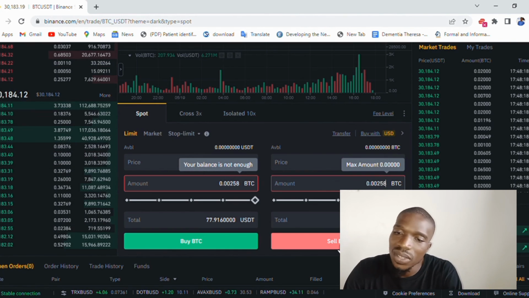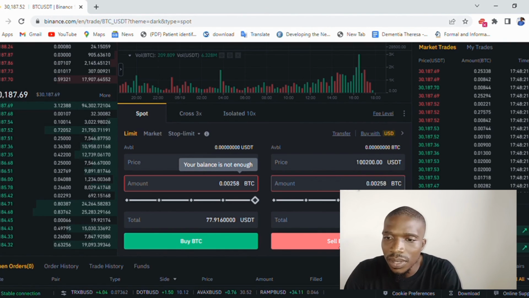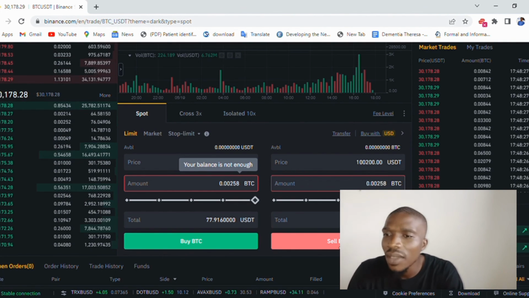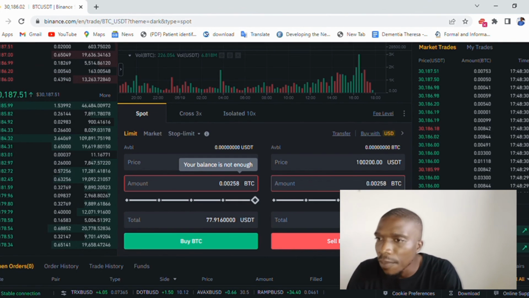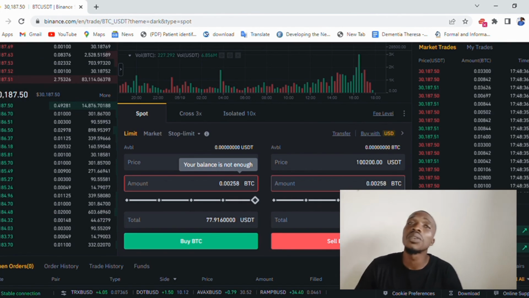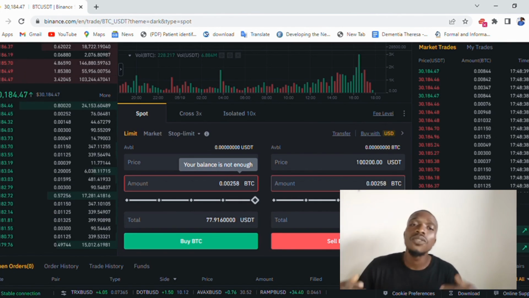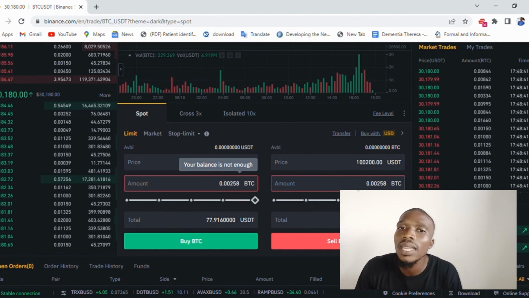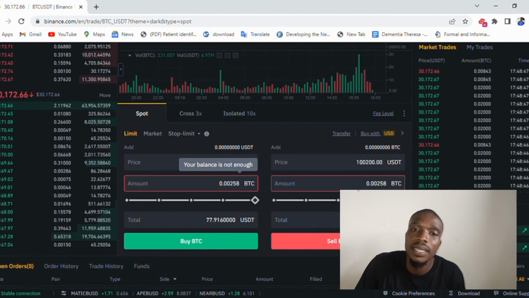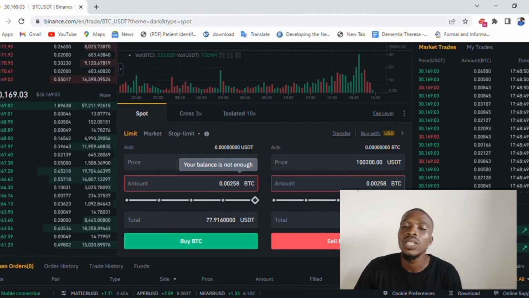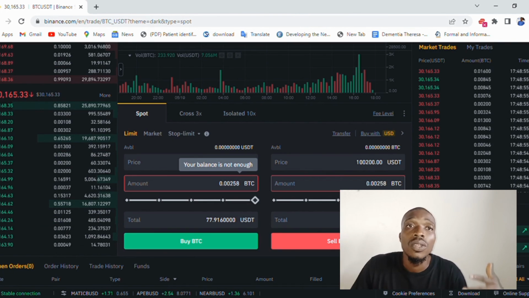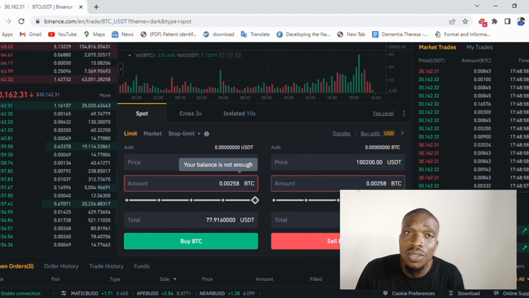So you can just go ahead and click on sell, and what's it going to say? Your balance is not enough again. So that's how it works. And I believe anyone out there, any of my viewers, can go ahead and purchase as many Bitcoin as possible. I would love you to invest now that the market is down. It's currently looking like we are in a bearish market, but trust me, after a bearish market, there is always that bullish market, and the cycle always continues like that. So purchase now, buy the dip, keep buying the dip, and the more dip you buy, the more opportunities you have to make more money in the future.